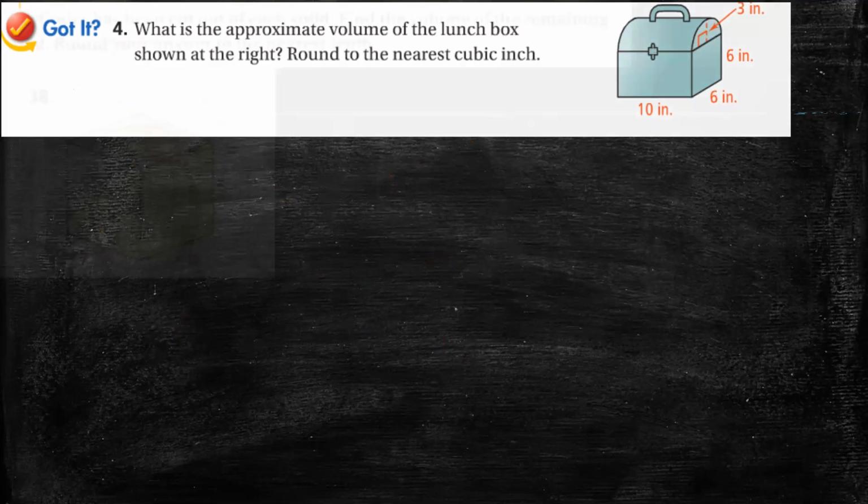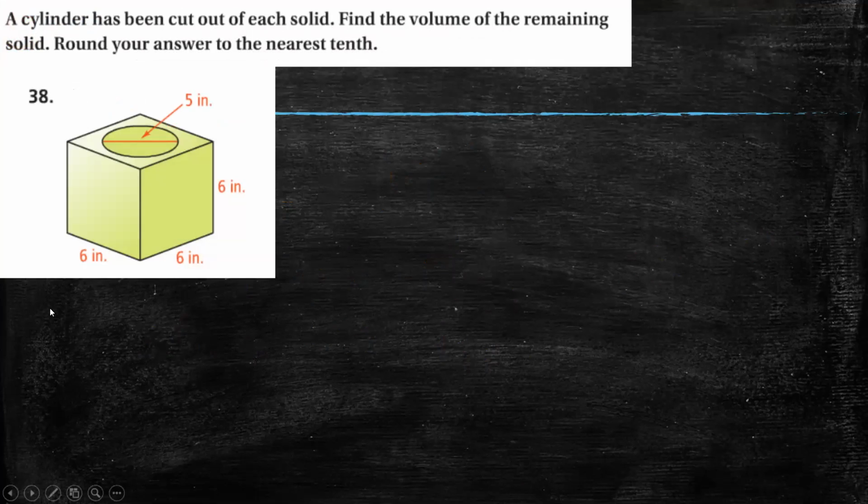Now, sometimes we have shapes like this. This one here, as I told you yesterday, this shape is cut. There's a cylinder that's cut out from the cubic. If you have any cubic like this,